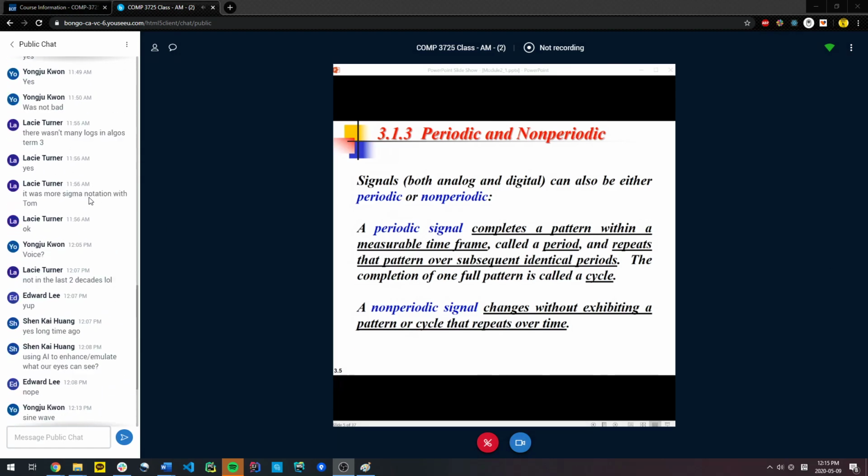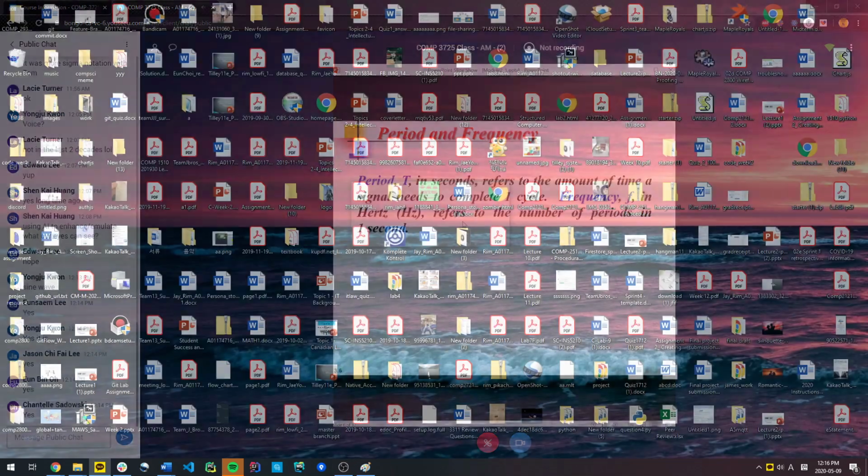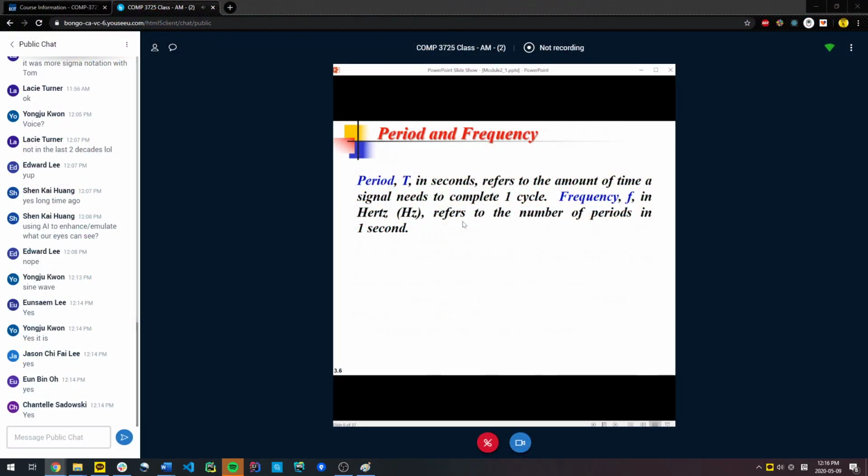So here comes the first equation I want you to be aware of. There is the notion of period, which is the time it takes to complete one cycle. So if I say boom, boom, boom, boom, in about 1 second I made 4 tones. The period to create one tone is 1/4 of a second. I made 4 tones in 1 second, and each tone takes 1/4 of a second. That's the period. So we measure period in seconds, and it's the amount of time it takes to complete one cycle.